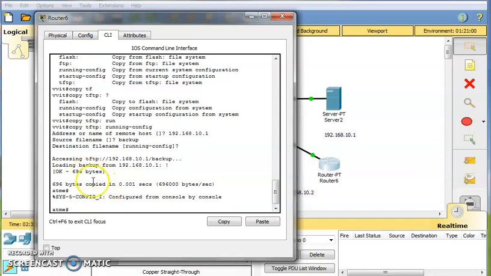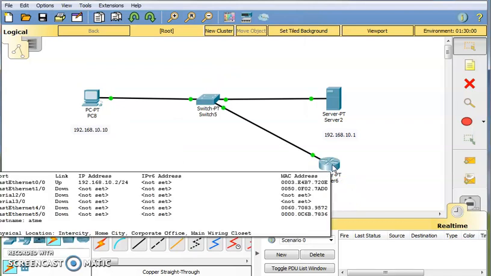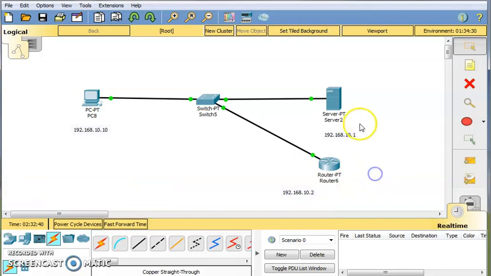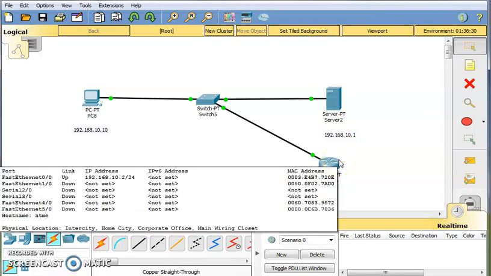Once data is copied, you see the host name automatically becomes ATME. Initially I changed it to VVIT, now it becomes ATME. Also see the IP address. Now it becomes 192.168.10.2. I changed it to 10.20, now it becomes 10.2. So the backup is restored from this server to this router.